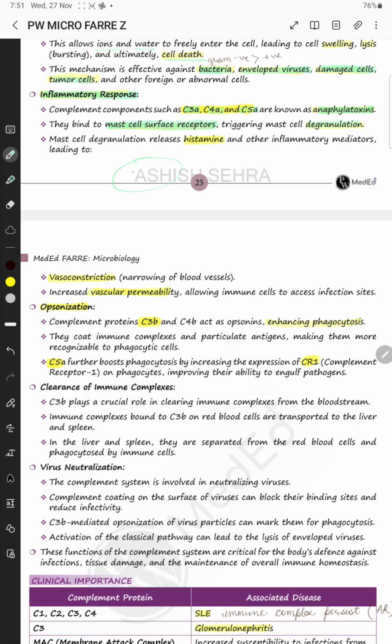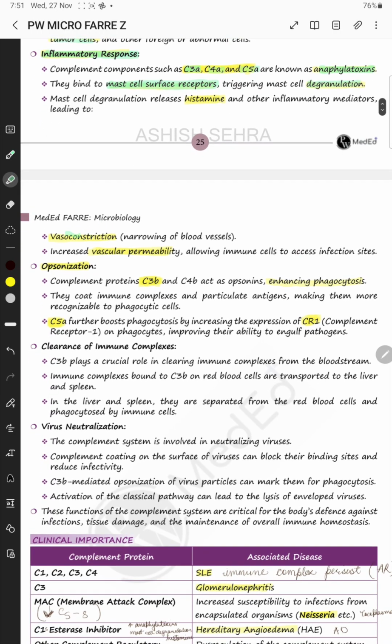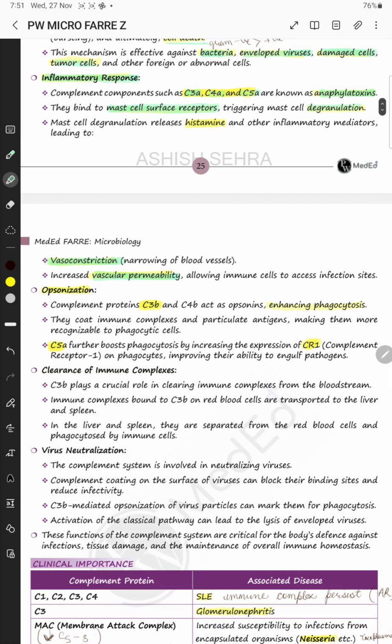तो मास्ट सेल्स में जो है वो ग्रैन्यूल्स होते हैं. ठीक है. इन ग्रैन्यूल्स में क्या होगा? हिस्टामिन प्रेजेंट होगा. ठीक है. तो जो हिस्टामिन प्रेजेंट होगा ग्रैन्यूल्स में, अगर ये ग्रैन्यूल्स का डीग्रैन्युलेशन हो जाएगा तो फिर हिस्टामिन्स विल रिलीज. ठीक है. हिस्टामिन रिलीज के कारण वैसोकंस्ट्रिक्शन होगा और जो वैस्कुलर परमिएबिलिटी है इट विल इंक्रीज, allowing the immune cells